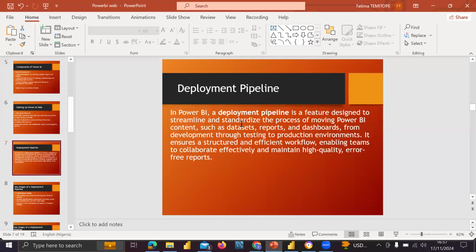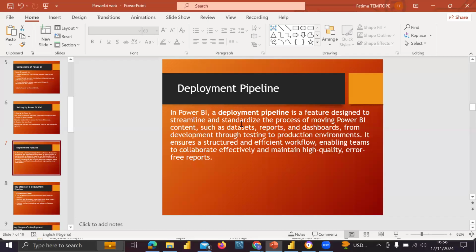So deployment pipeline is just a tool to manage our developments on Power BI web. That's just the meaning, in layman's terms.